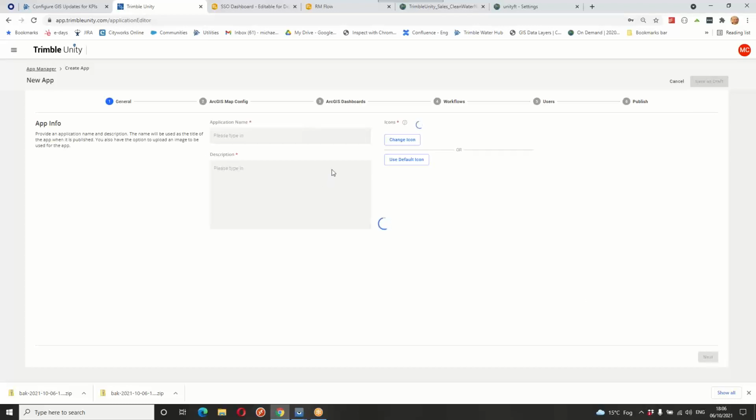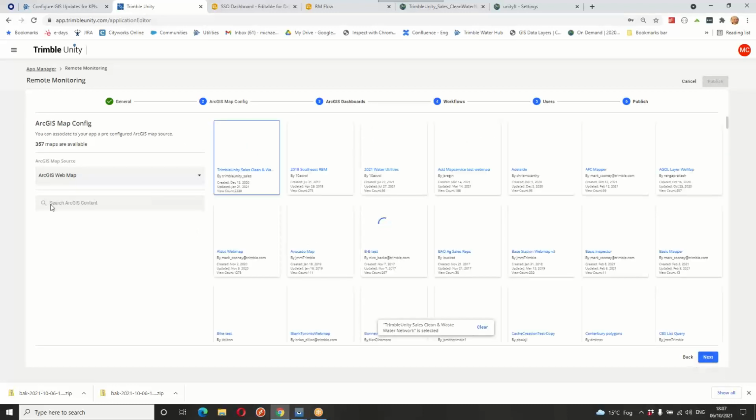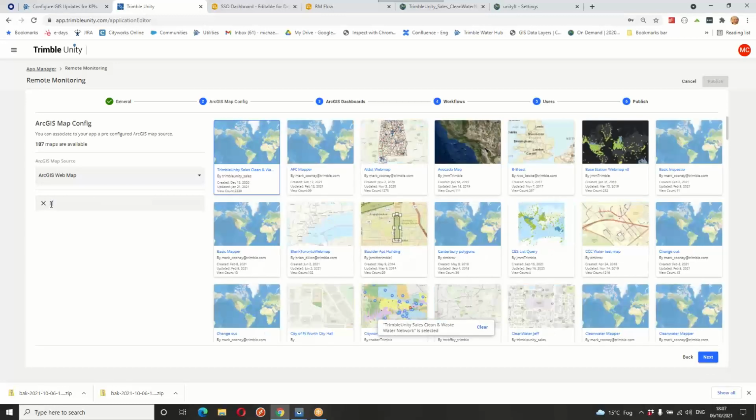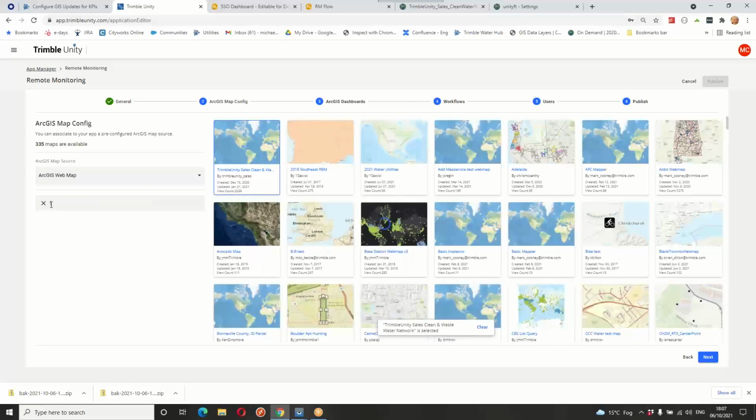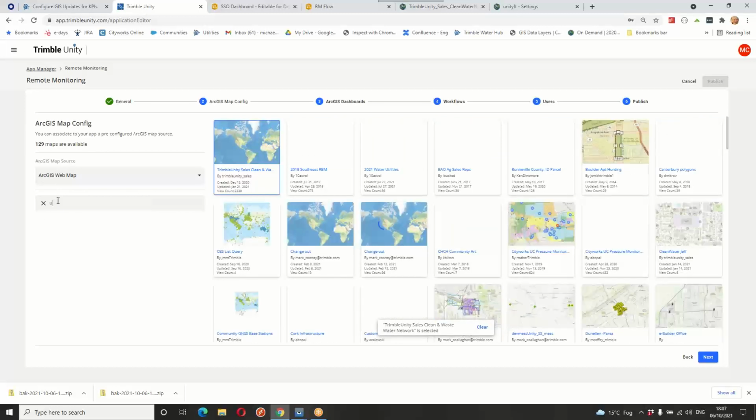And once this loads, so here, what we can do is for our remote monitoring app, if I just put in here, search, you can search for various web maps. So if I just type Unity,